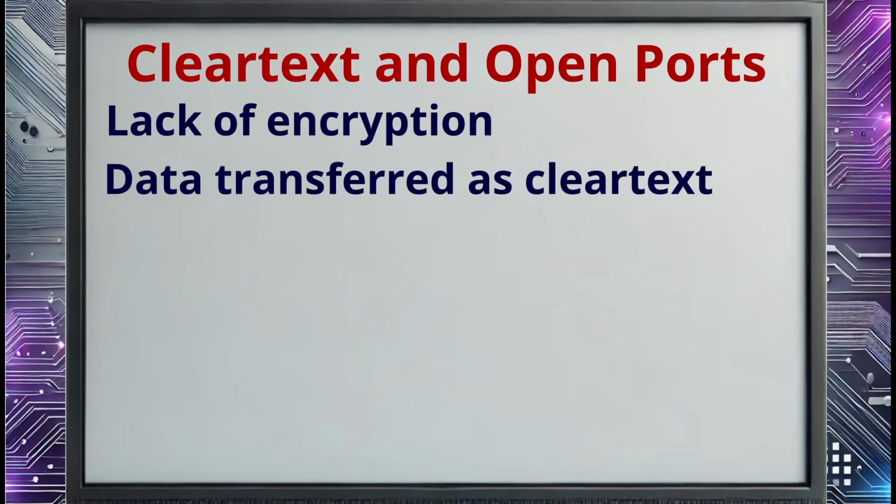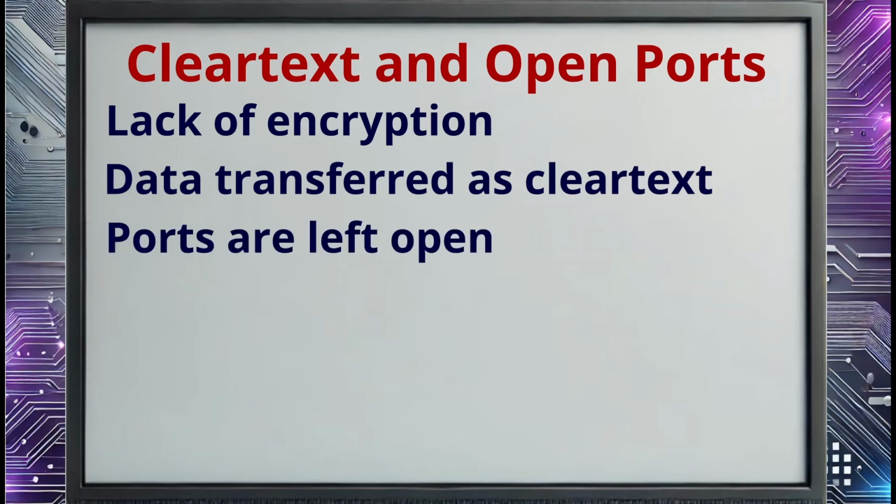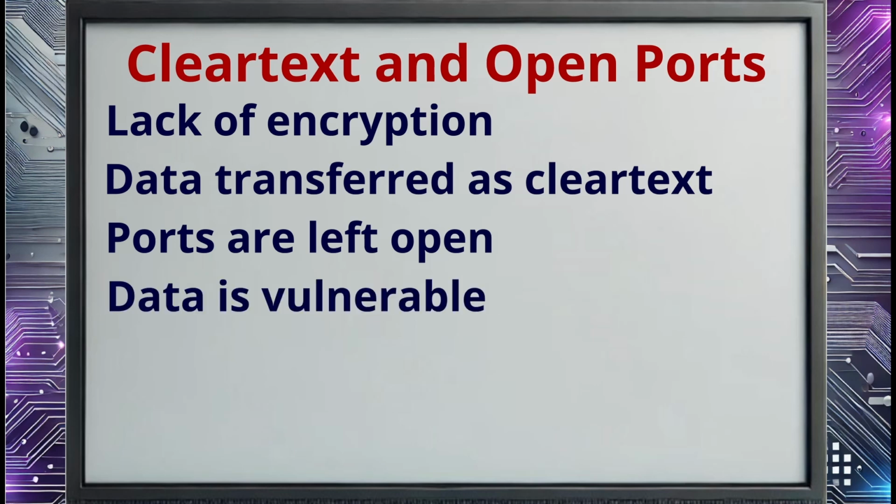And in many cases, ports listening to the internet are left open continuously. Both of these factors make the data extremely vulnerable to malicious acts. Now that we've looked at some of the major challenges with IoT security, let's go through some of the most